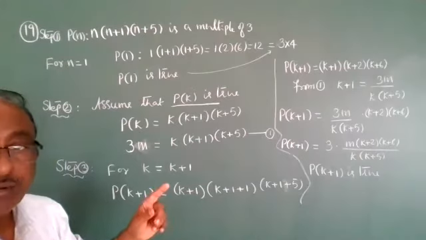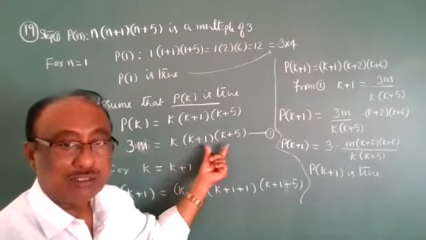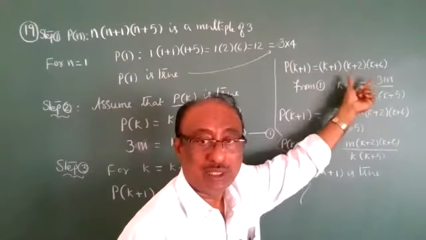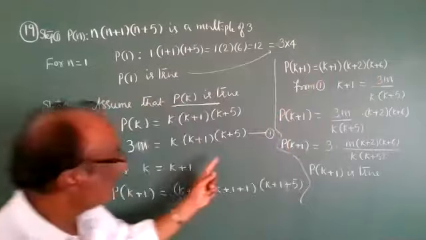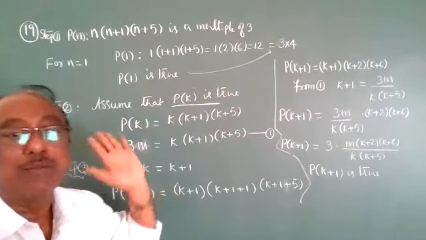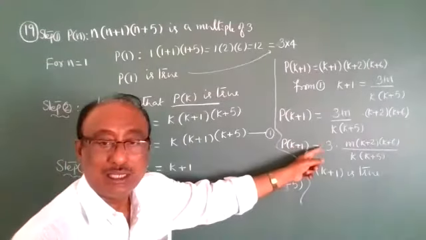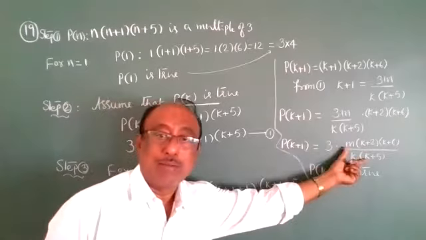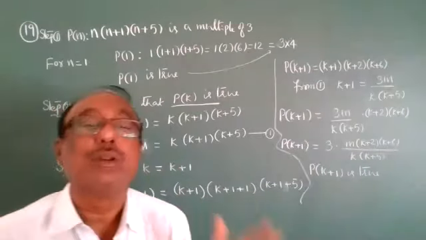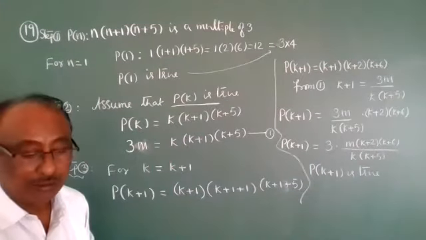Right, is it clear to everyone? Only step 1, observe. In step 1 we have k plus 1, k plus 5. But here observe k plus 1, k plus 2, k plus 6. We have only k plus 1. That's why find out the k plus 1 value and write it down. So next, it is also a multiple of 3, 3 into some number. Therefore, P of k plus 1 is true. Very simple. Very good.